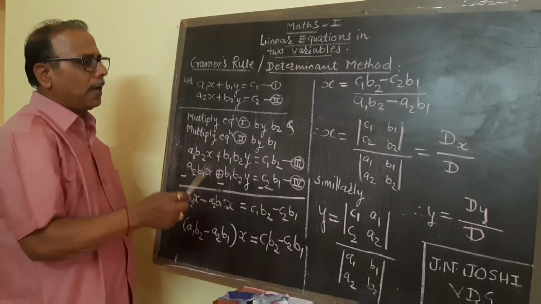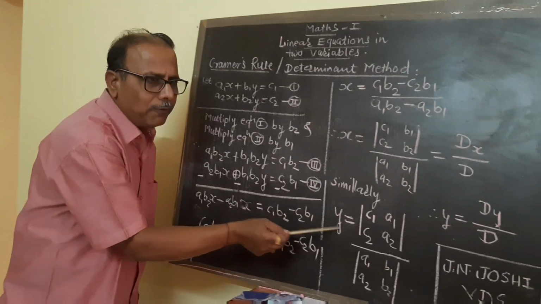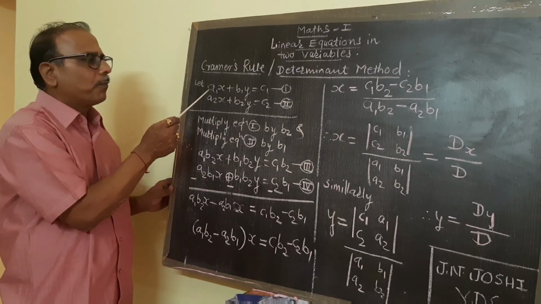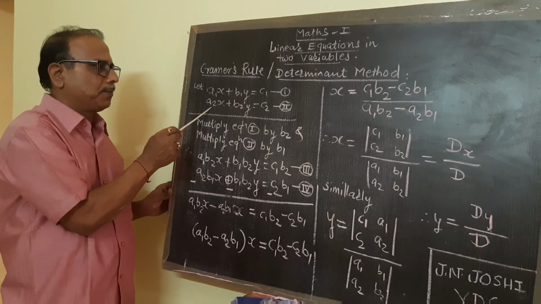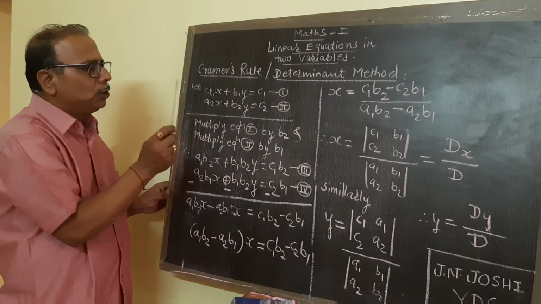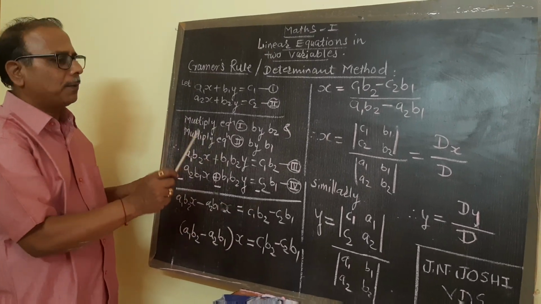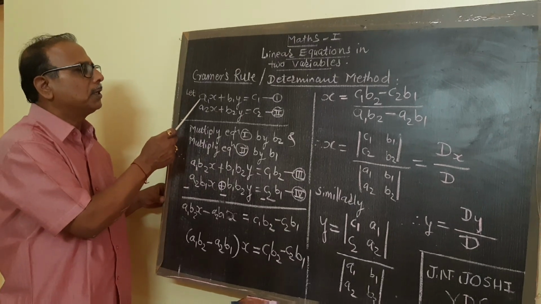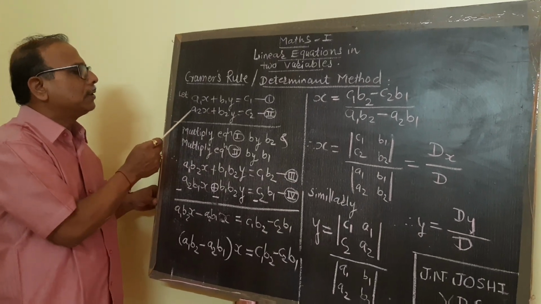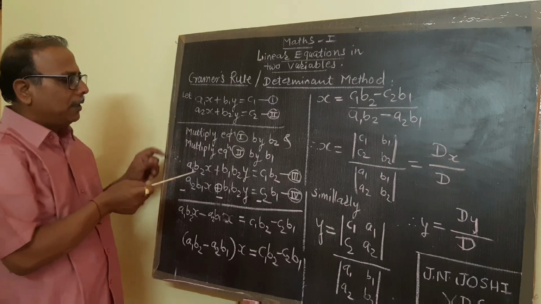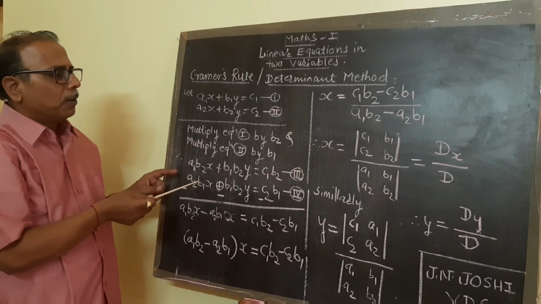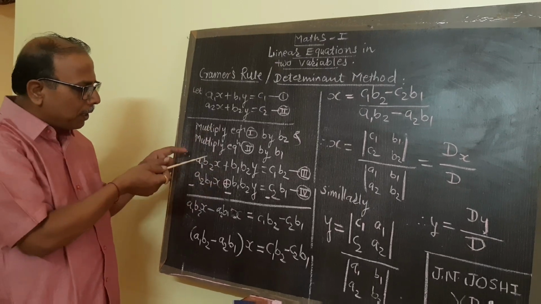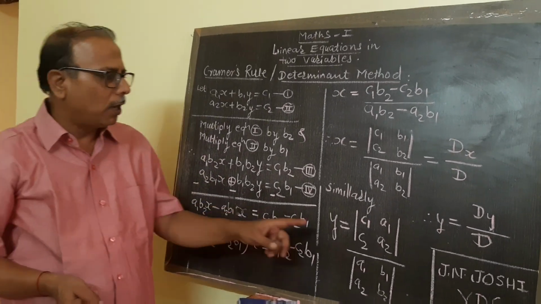Similarly, we can calculate the value of y variable by equating the variable coefficient of variable x. So we should multiply to get the value of variable y. We should multiply equation first by a2 and equation second by a1, and then we'll get here again fifth and sixth equations. Then eliminating the variable x, you will get the value of y